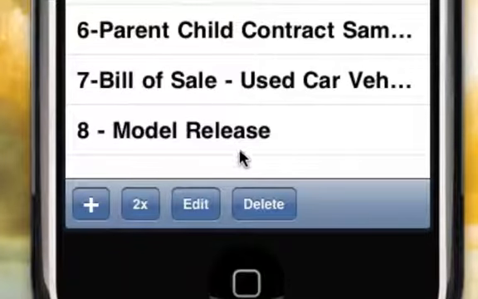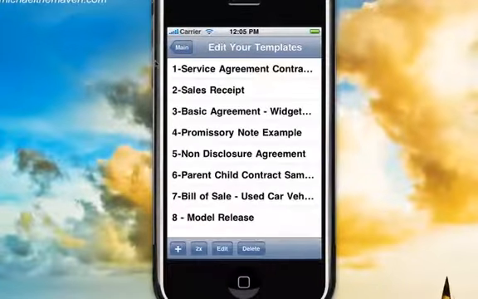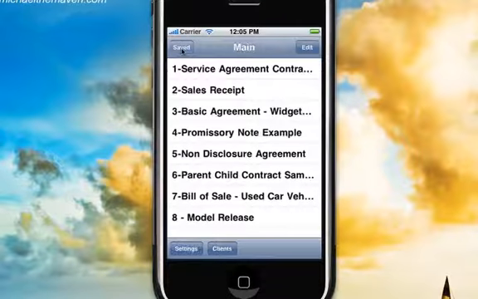What I would definitely recommend is testing it out a few times to make sure the contract reads correctly and the data are being put into the correct places. But if you spend just a little bit of time setting this up, you're going to have your contracts with you wherever you go. The investment of time is